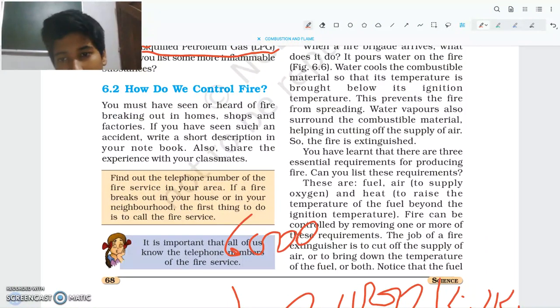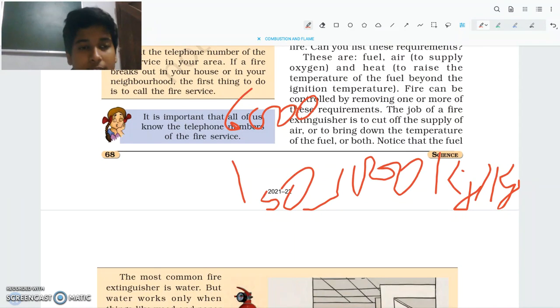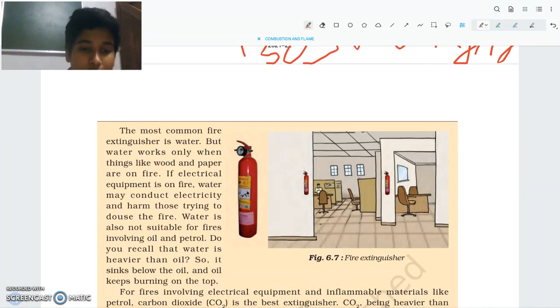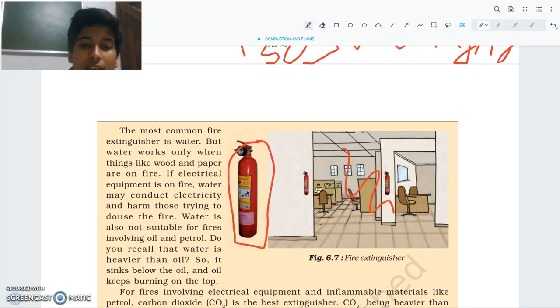As we can easily see, it can be extinguished by water. Okay, so easily by water, but sometimes you use sand, or sometimes you just cut off the air supply. But in normal construction buildings, we cannot just cut the air supply, so therefore we use something else. Now you would see this box mostly, because it is safe. If any fire takes place, then this cylinder contains carbon dioxide, and this carbon dioxide extinguishes that fire. Okay, so this is mainly CO2, carbon dioxide.